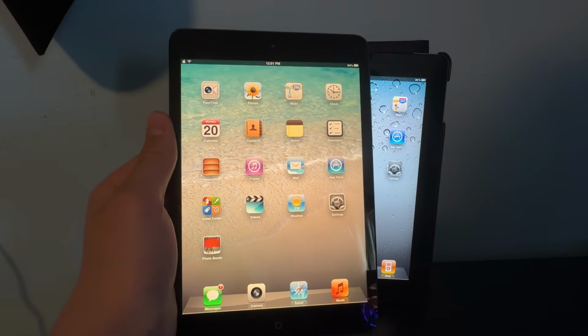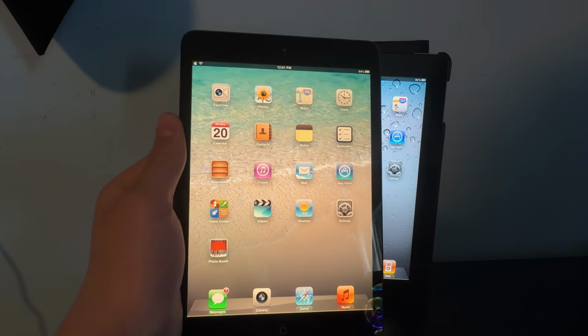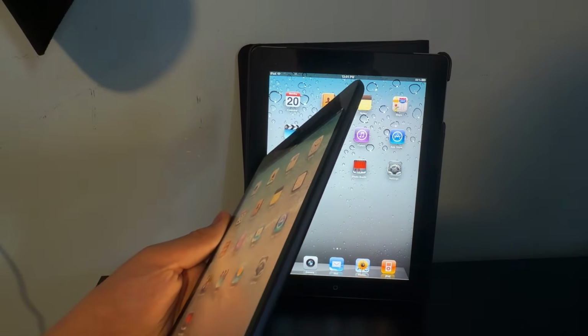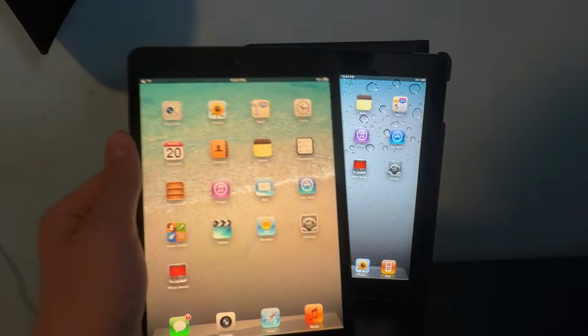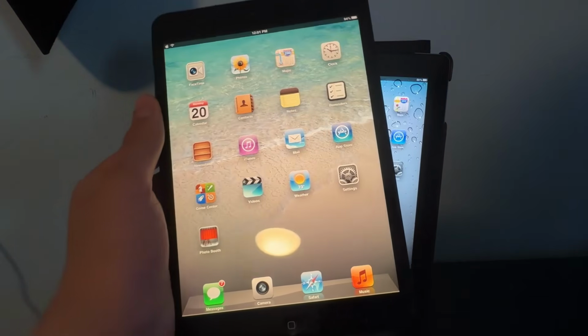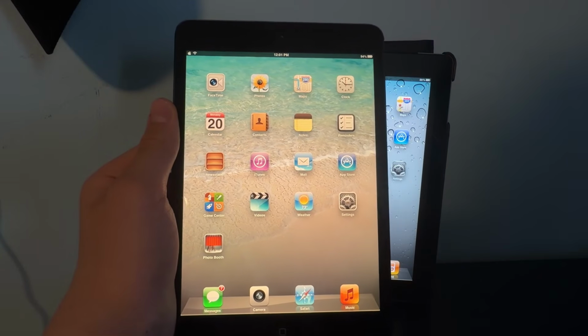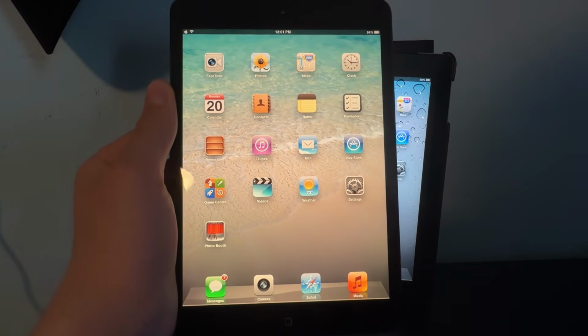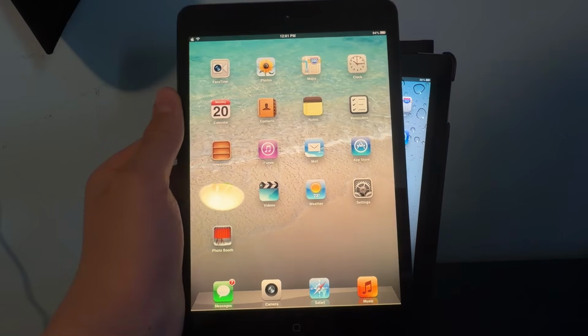The battery is also pretty small on this thing, of course due to it having both a smaller and thinner design compared to something like the iPad 2 or the iPad 4. And also it didn't even have the Retina display if we're comparing this to the iPad 4. So this thing has a battery with around 4,500 milliamp hours, which is quite comparable to something like the modern